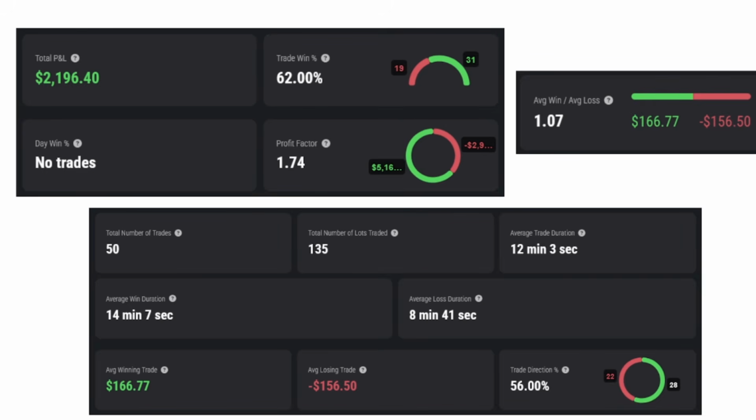Now, going back up to that profit factor and your risk reward, you can trade off a negative risk reward for a much higher percent win rate. Again, this is just for the month of December. December was pretty rough for price action. It was pretty difficult, especially the last 2 weeks on the IB strategy. But a 62% win rate with a 1.07 RR on average, and the profit factor tells you all you need to see, 1.74, meaning that every dollar that I lose, I make $1.74 back.